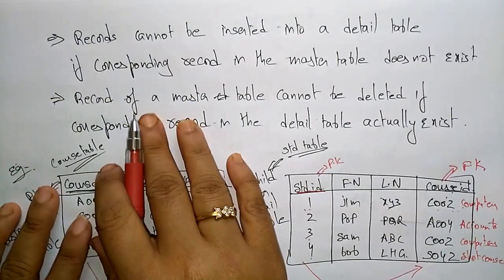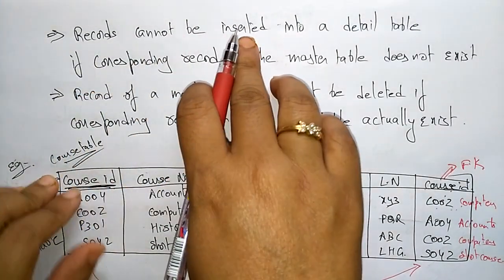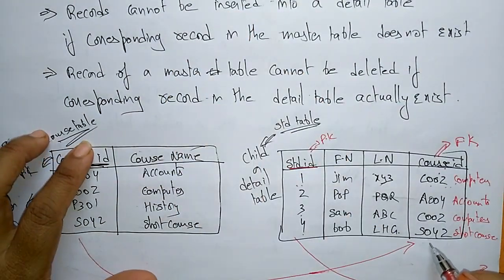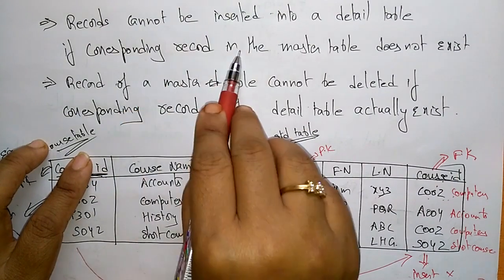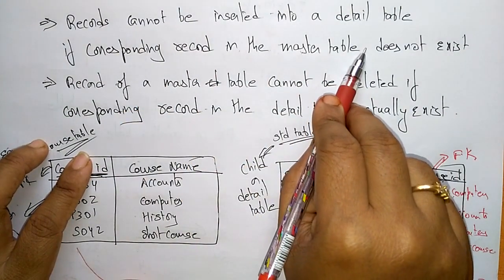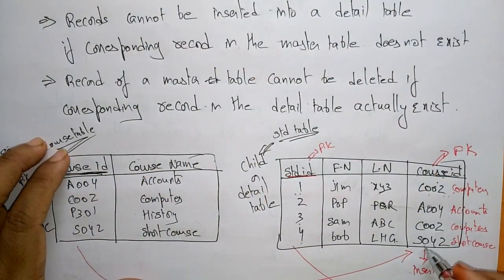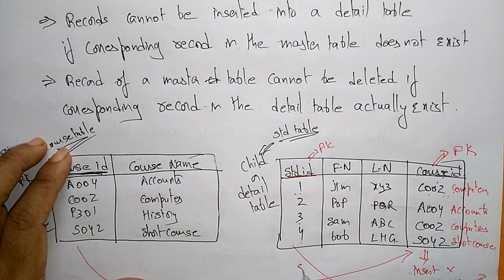Now, what do the points here explain? The records cannot be inserted into a detailed table. You are not supposed to insert values into the detailed table if the corresponding record in the master does not exist. Suppose I want to insert student roll number 5, some name, and his course is like this,